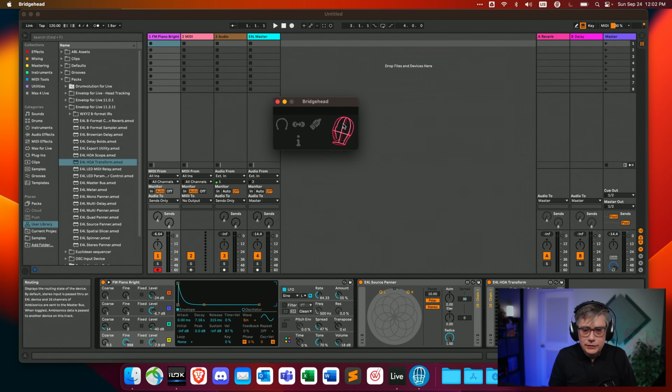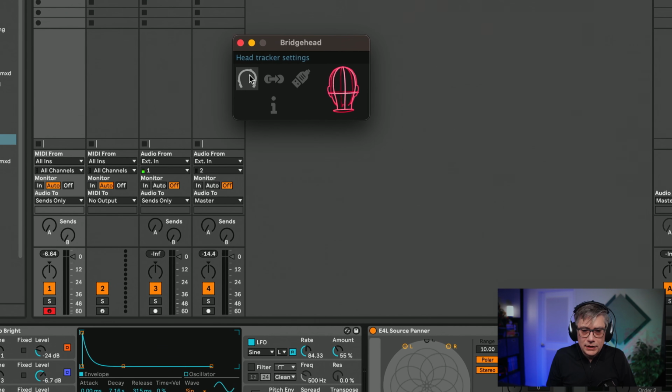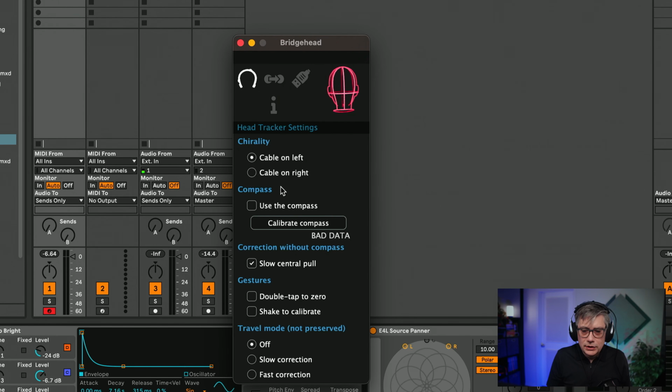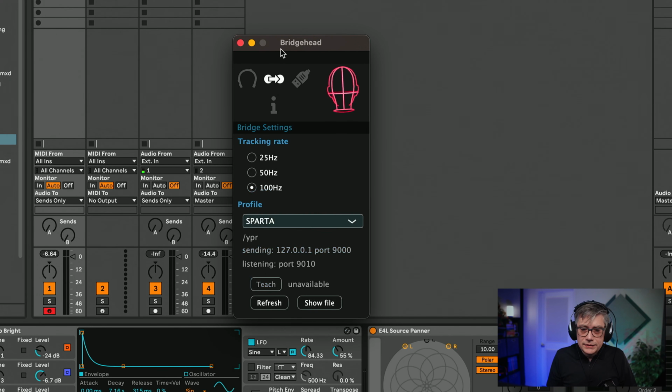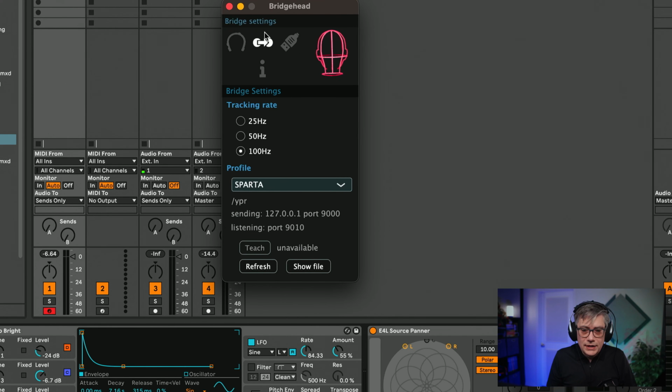Now, if I've connected everything correctly, I should already see my head moving, which is what I'm doing here. Let's just double check that everything is set up correctly in the head tracker setting. Make sure that you have the cable chirality set correctly. In my case, the cable is on the left, so this is correct. And the next thing I need to do is make sure that the settings in the bridge